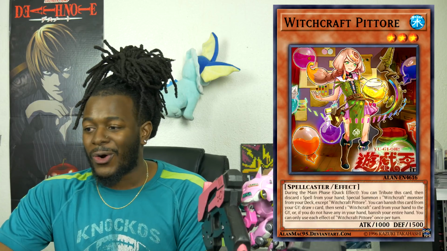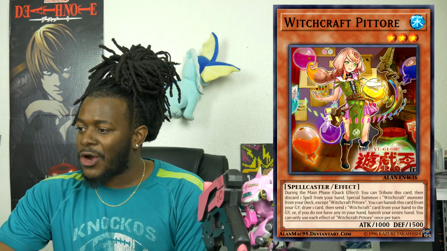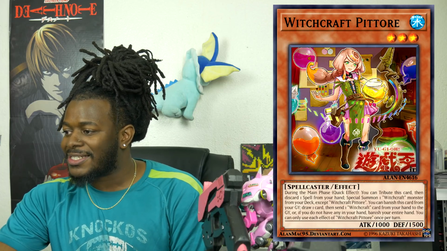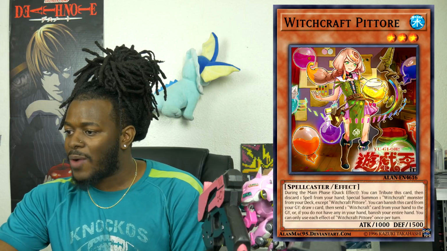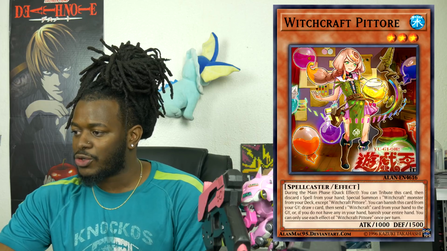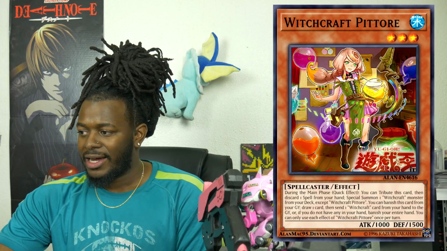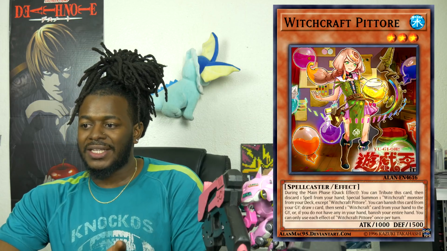Witchcraft Kotori says, once during your main phase, I apologize, quick effect, you tribute this card, discard 1 spell card, special summon 1 Witchcraft monster from your deck, except for Witchcrafter, this card. You can banish this card from your graveyard, draw 1 card, then send 1 Witchcraft card from your hand to your graveyard. Or if you have none, banish your entire hand. So it's like Graceful Allure of Darkness with only 1 card. You can discard any Witchcrafter card, so it's literally getting Witchcrafter cards into your graveyard,